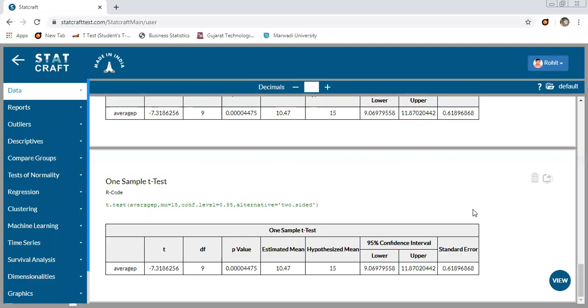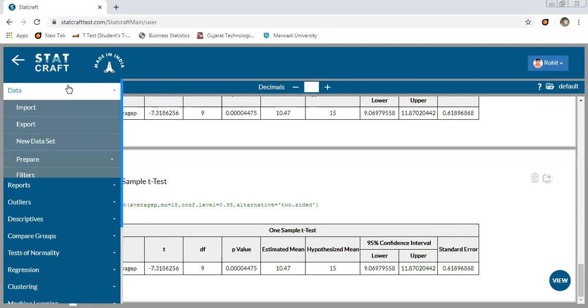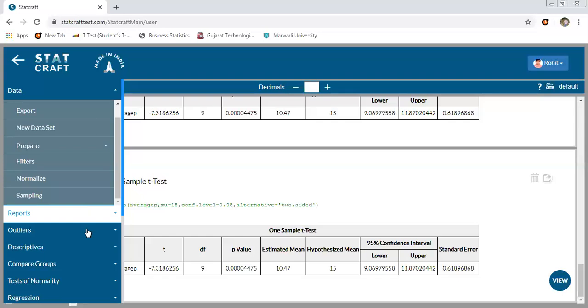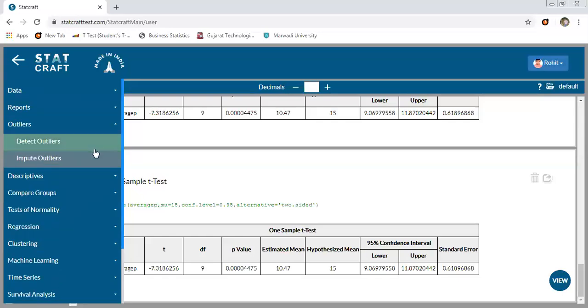Now I will introduce the range of tests this software can do. As I have said, data can be imported and a new data set can be prepared. We can normalize the data. We can directly detect outliers.